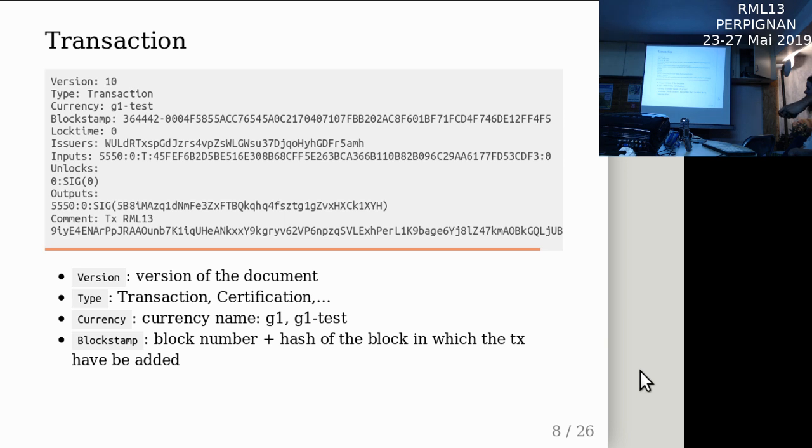So yeah, why do we append the hash at the end? In case of a fork, two blocks will have the same block number, but the hash will be different. So that's why we are appending the hash at the end. And then the lock time, this is used in case we want the transaction to enter later on, not directly just when the node received it. So yeah, if we put 48 hours, the transaction will enter later on. No client is currently using it, but it's a nice feature which could be implemented.